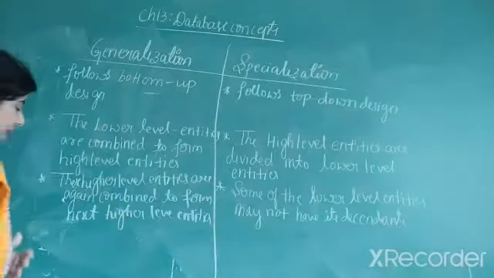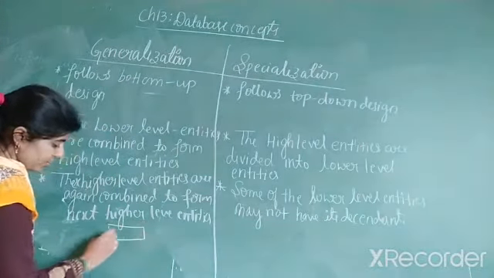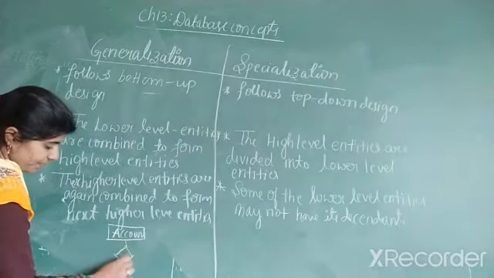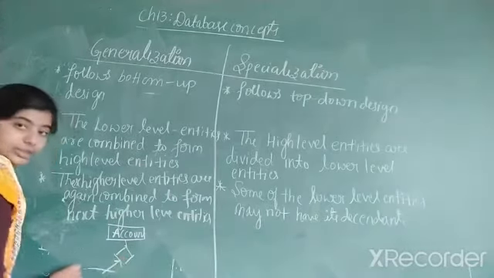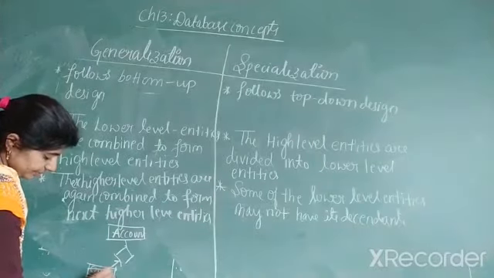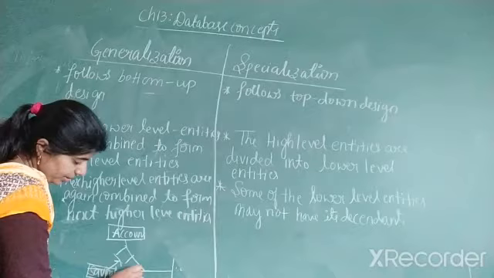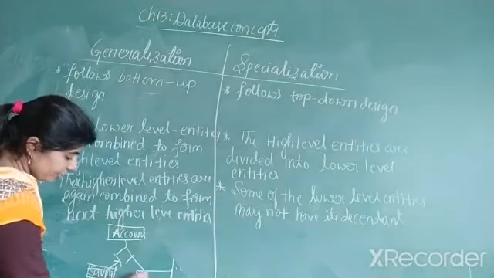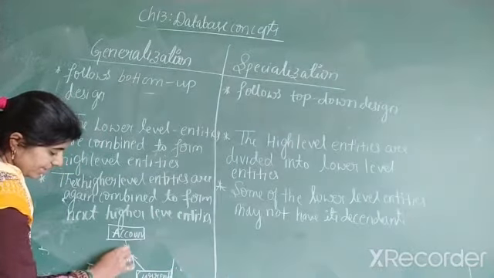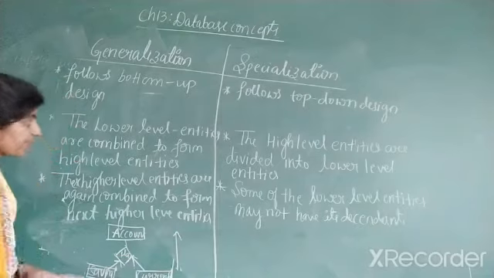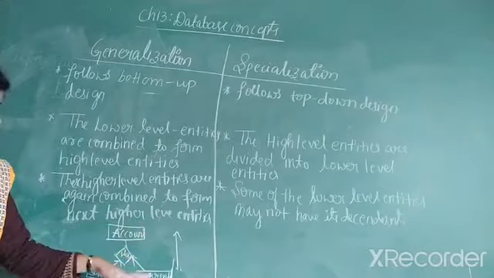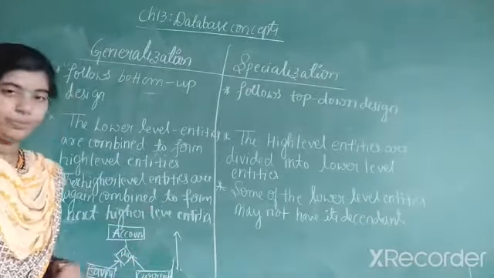And when you consider the example for the bottom-up approach, consider an account, and there is a relationship here. The account is called savings, and here the account is called current, and you can observe here ISA is the relation. It is a bottom-up design. That means savings is an account and current is an account.